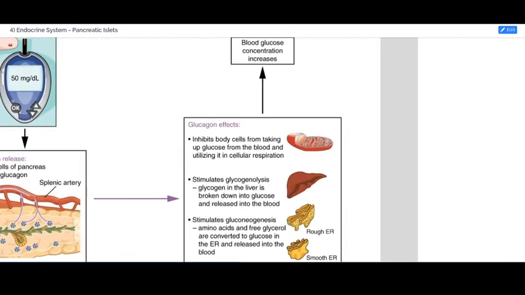The primary targets of glucagon are cells of the liver. The liver is responsible for two responses that will increase blood glucose levels. First is glycogenolysis, which is breaking down glycogen to release individual glucose molecules into the blood. Glycogen is just a starch-like molecule that's chains of glucose molecules